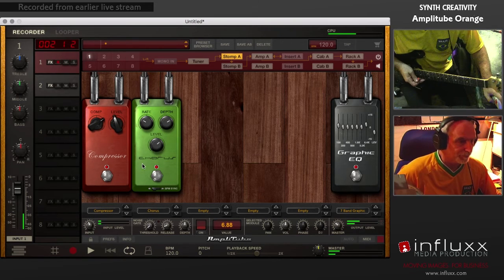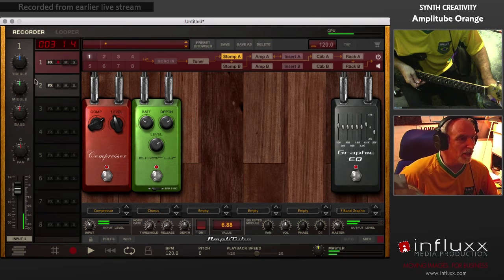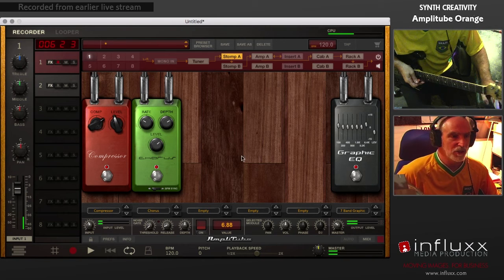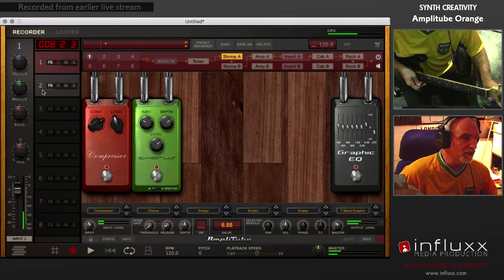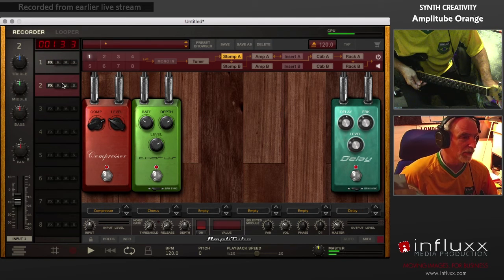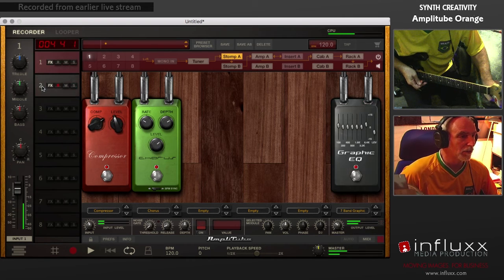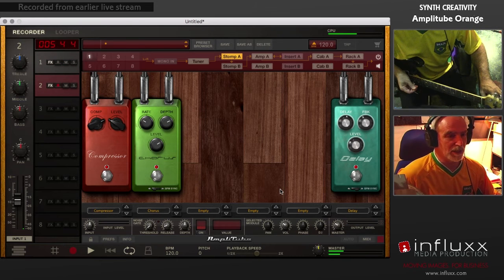So I have this, I can adjust with this track highlighted, I can then manage its levels. I can obviously completely change the amp and pedal setup we have for it. But most importantly, if I now go to turn off monitoring for this and turn it on for this one, I can now go into this